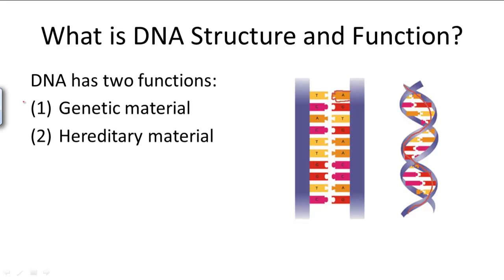DNA's first function is to act as genetic material and to code for all of an organism's traits: gender, fur color, eye color, body type, even personality, and this directly relates back to the nucleotides. Using only four nucleotides, A, T, C, and G, DNA is able to order and reorder its monomers to create